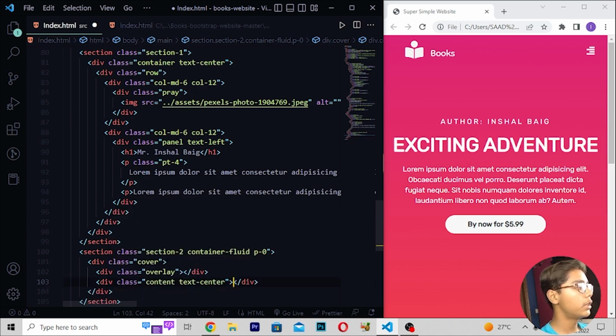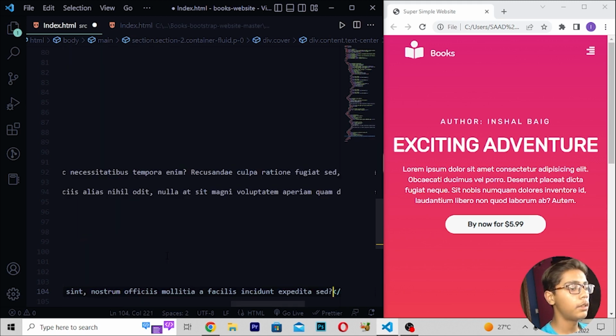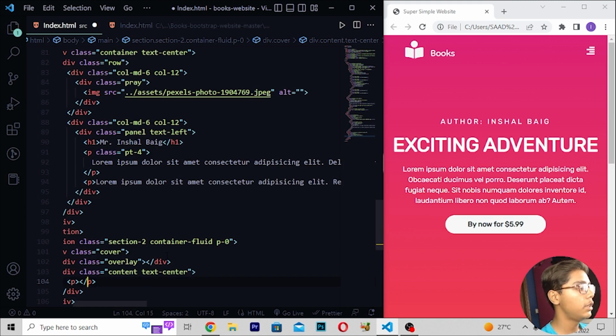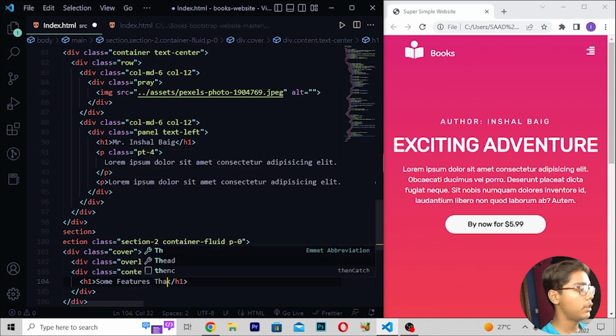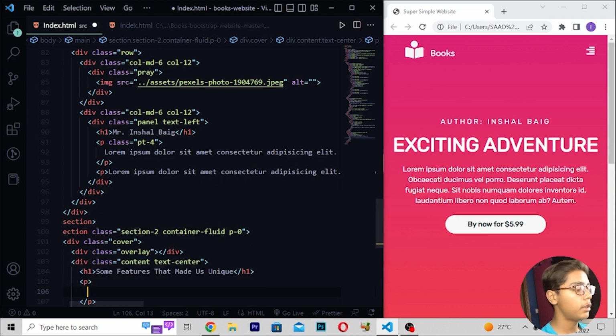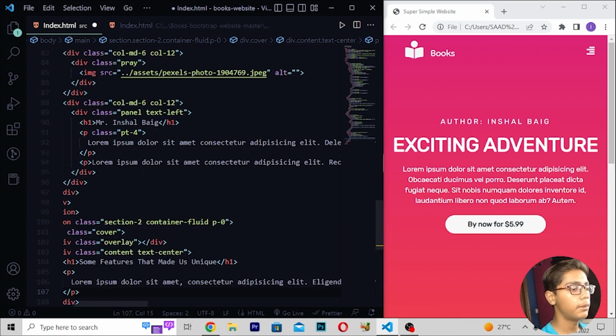Then you have to just do one thing, here I'll be writing p tag, write lorem ipsum here. Then when you've just written this, here control Z, then here I will be now writing in this text some features that made us unique like this. Then when you've written this, I'll be moving down, right here p tag and write lorem ipsum here.